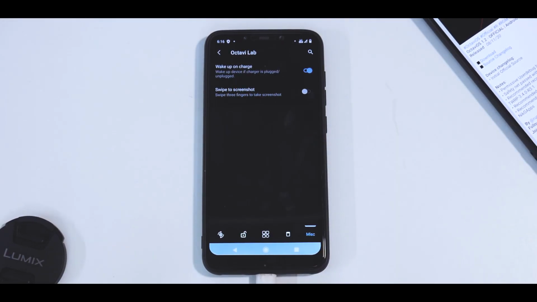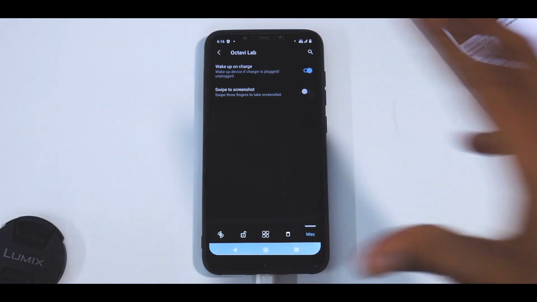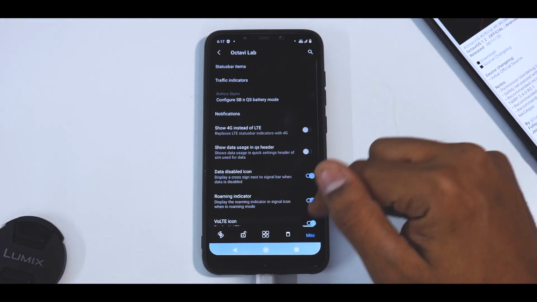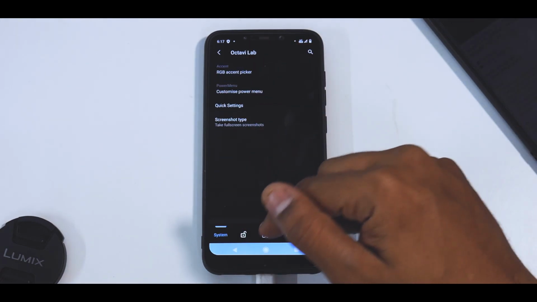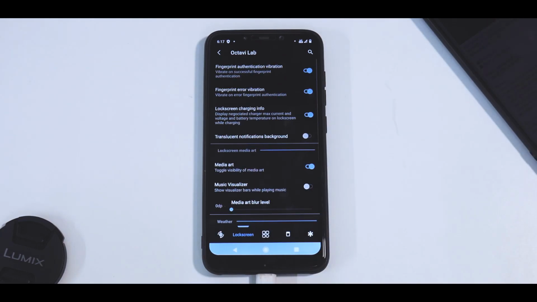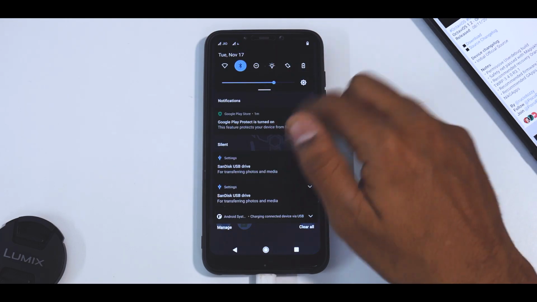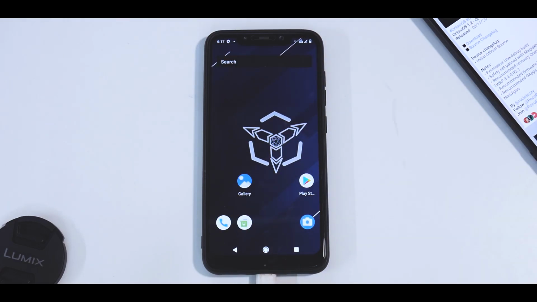From the way they have designed their about screen, I was expecting them to have a much better customization menu. I think they might change because there's an initial build, as they mentioned. But yeah, they have quite a lot of customization options, VoLTE icon, voice over Wi-Fi and stuff like that. So I don't really expect it to have any major issues, although this might be too early because, yet again, this is an install and preview.